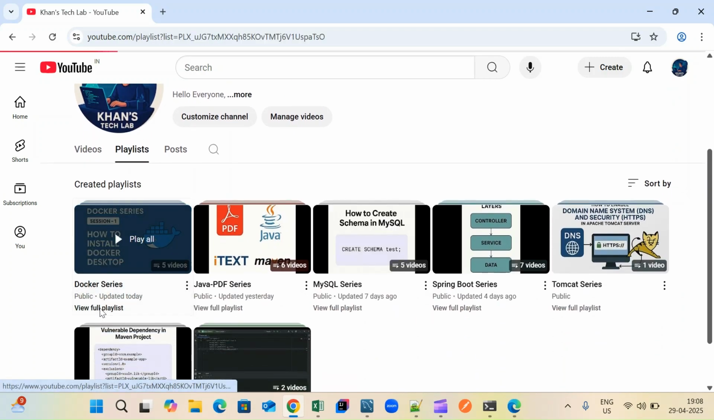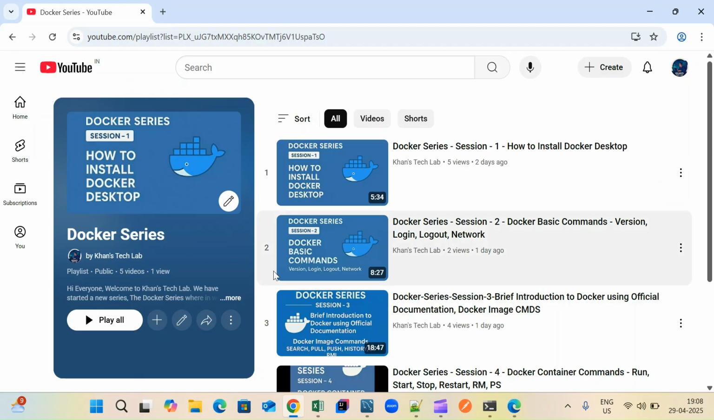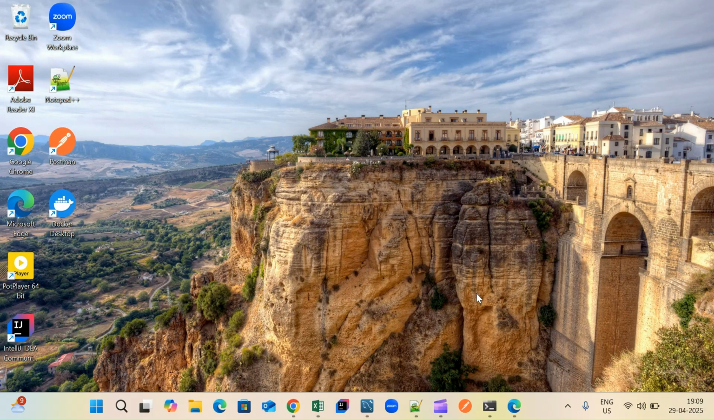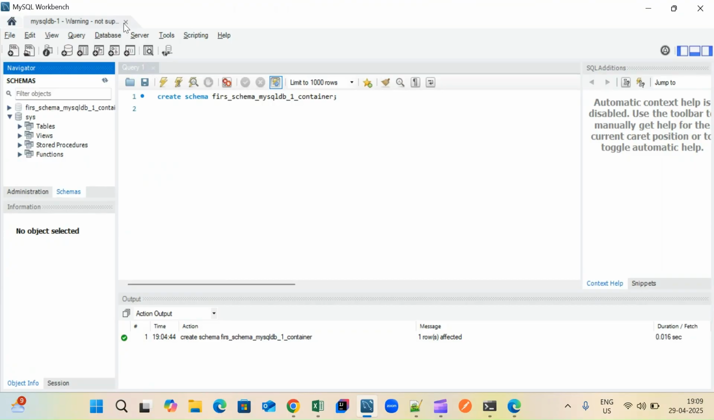As you already know, we are working on the Docker series and we have covered 5 sessions so far. Today is the sixth session. We will discuss how to run a Docker container for MySQL database and how to access it from this